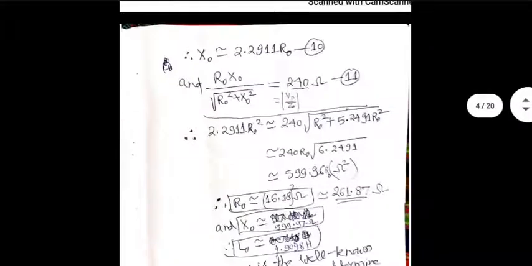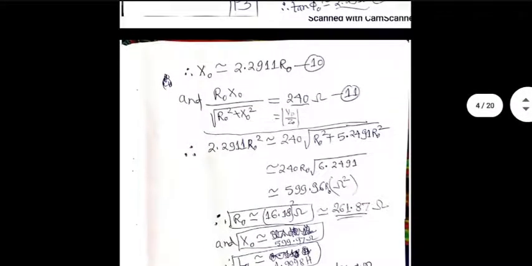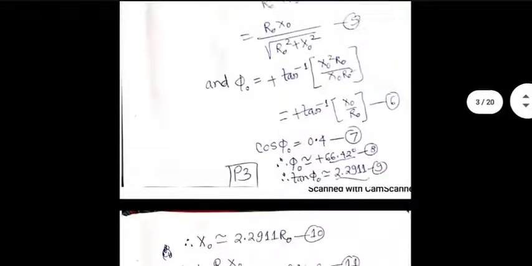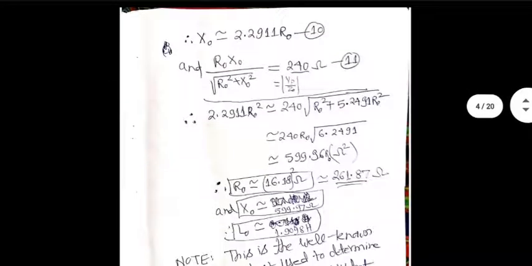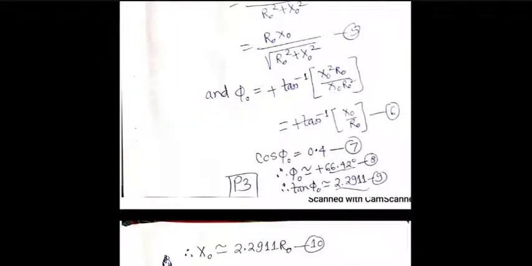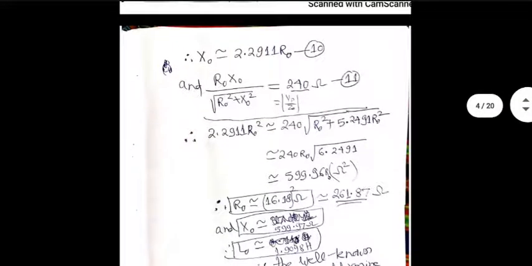From there you calculate tan phi naught, and tan phi naught should be X0 divided by R0. So X0 should be 2.2911 R0, because tan phi naught is 2.291. That's one equation. The other equation is the magnitude of Z0